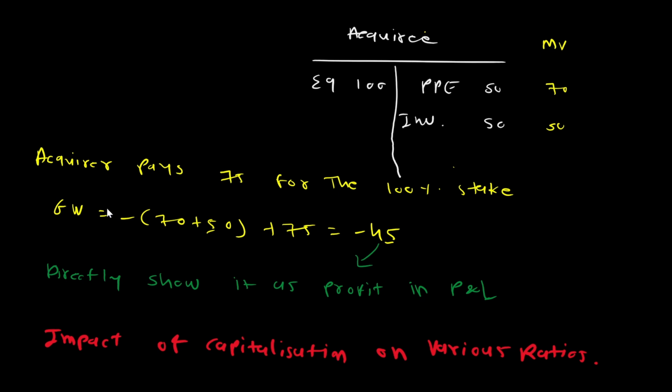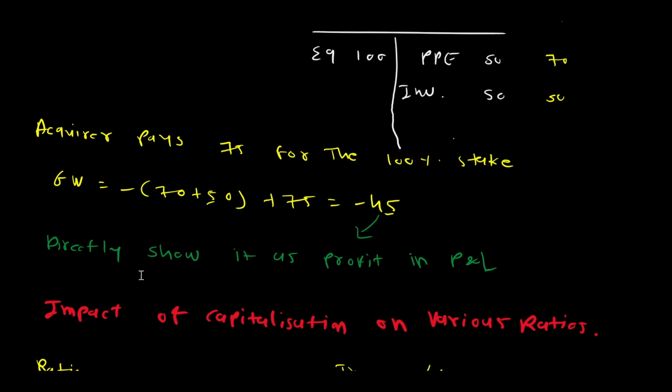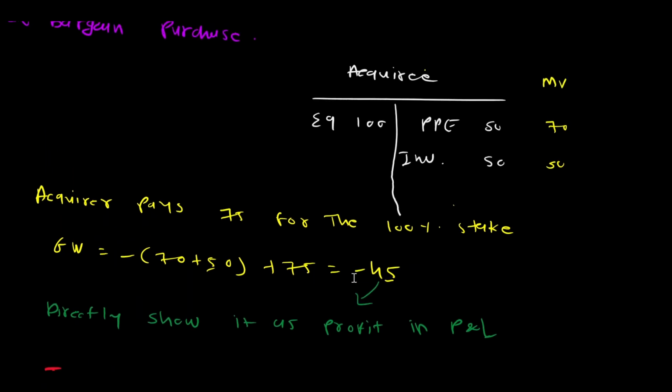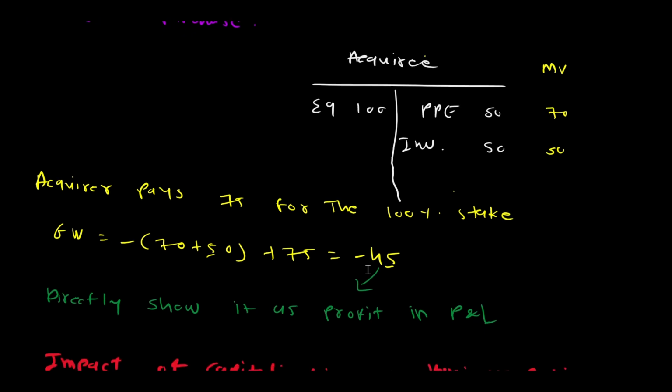So this is negative goodwill. This difference is directly shown as a profit in the P&L. This less paid is my profit. I can't show this as a negative goodwill. Okay,